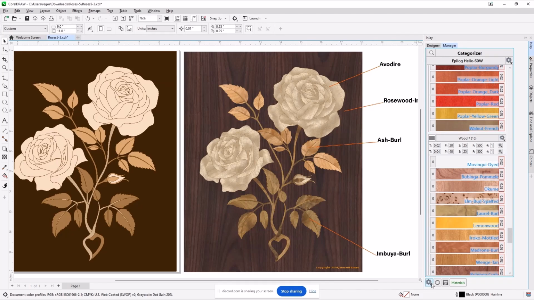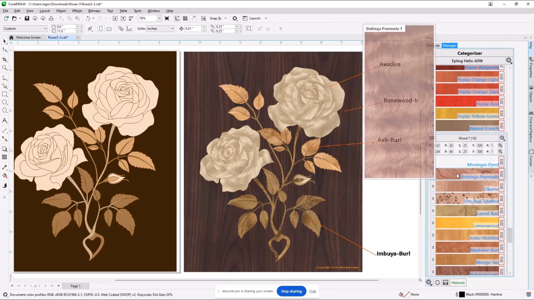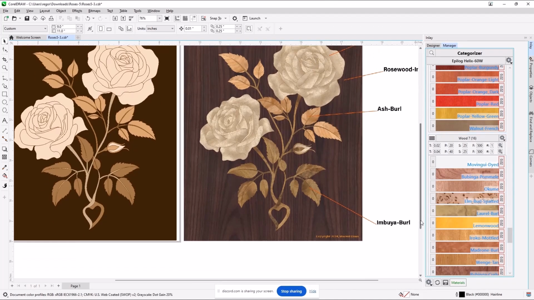So in any given library, you have choices that may belong to you and that you can design with, and ones that you don't. So maybe you say, oh, I really like that effect. What can I do? And the answer is you can use the virtual materials, you just can't cut them. It won't let you.